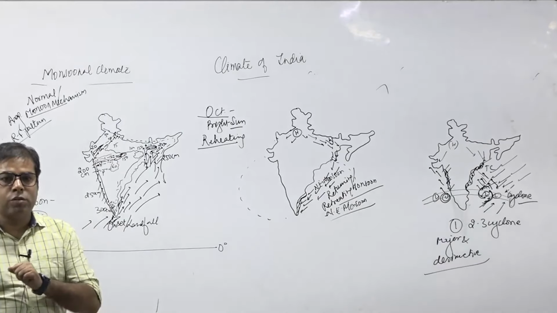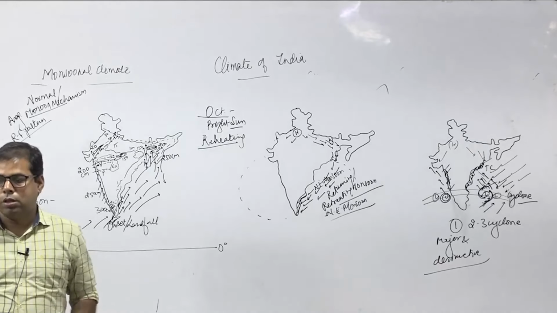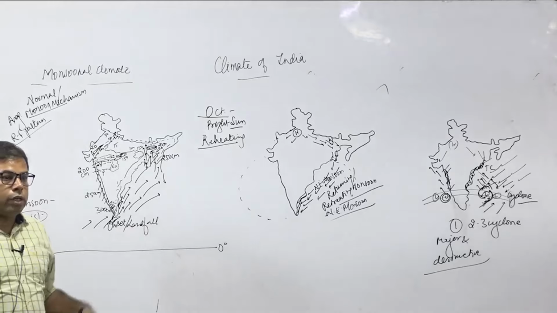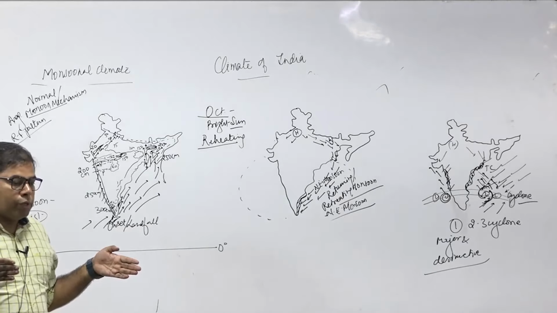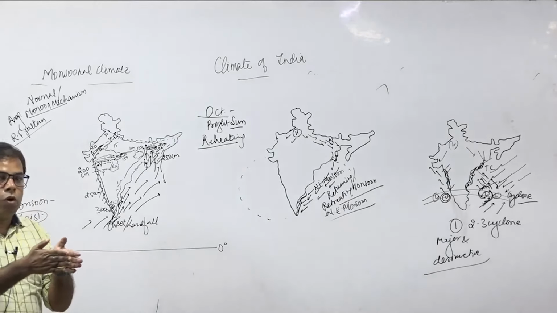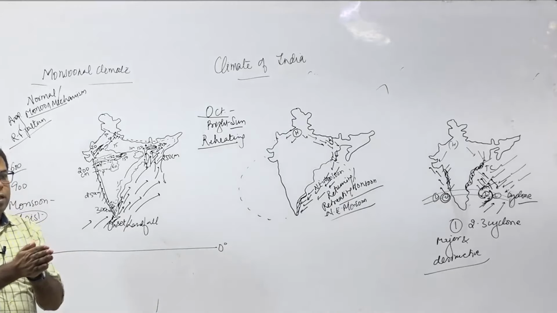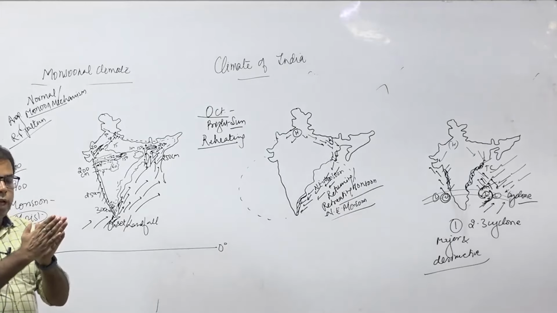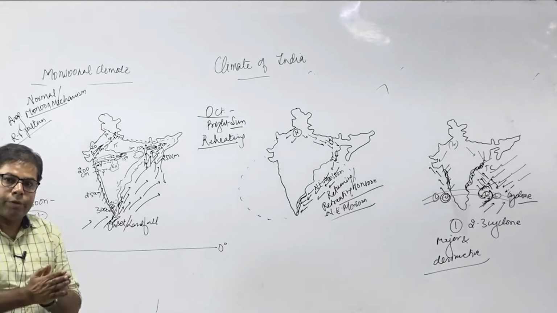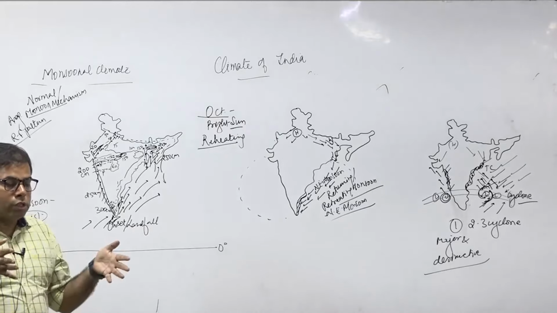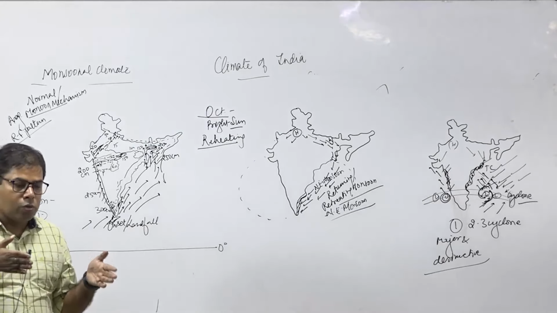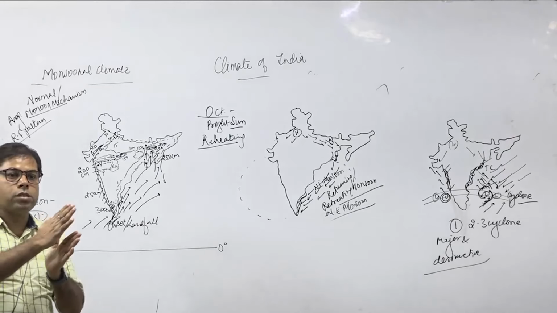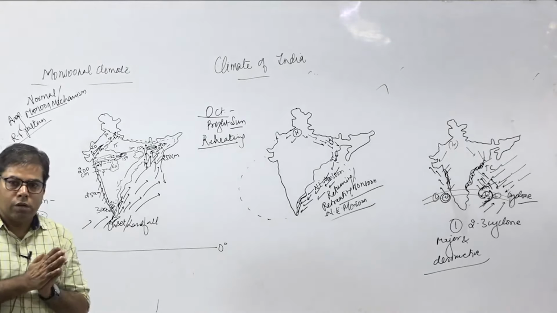In a temperate cyclone, there is frontal rain. What is a temperate cyclone? Mixing and convergence of warm and cold air masses. That is frontal, because of the mixing of two air masses, a front is formed. That happens in the temperate zone. So in the temperate cyclone, the cold and warm air masses mix and collide and rise up. Warm air is lifted up, so there is frontal rain.